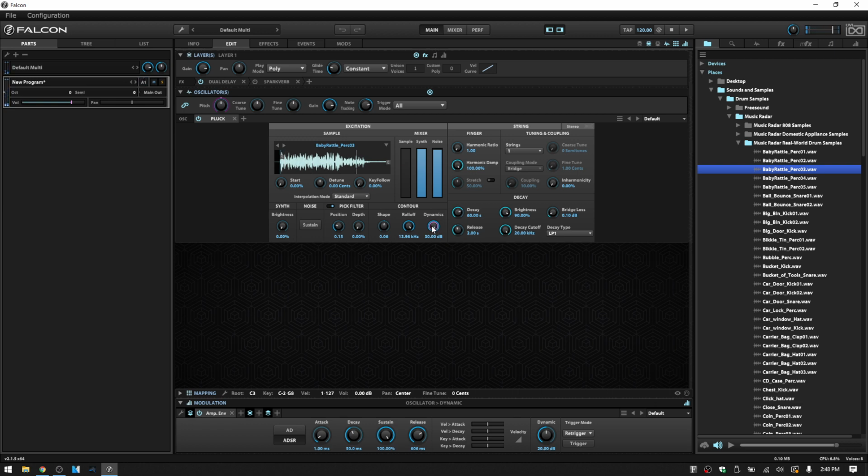So you can hear how those higher frequencies open up as the velocity level increases on my controller. Okay, moving on, we have a string section, and to the left we have finger. So the first parameter in this section, harmonic ratio, is going to introduce an additional harmonic note to your